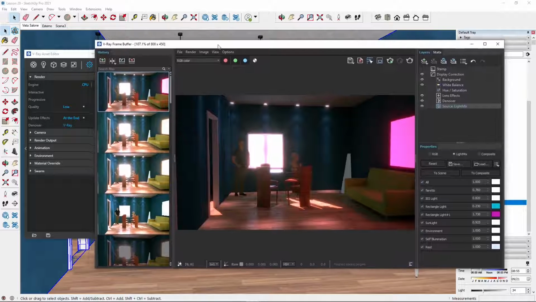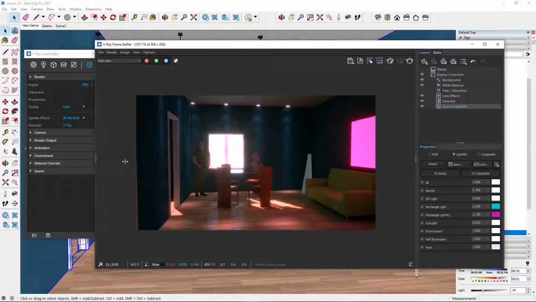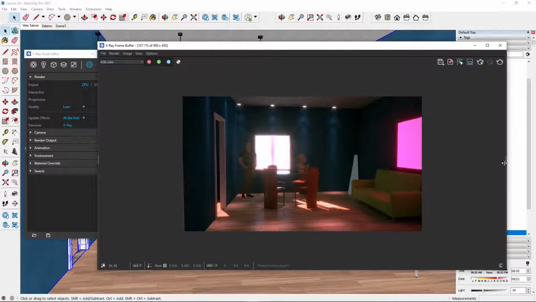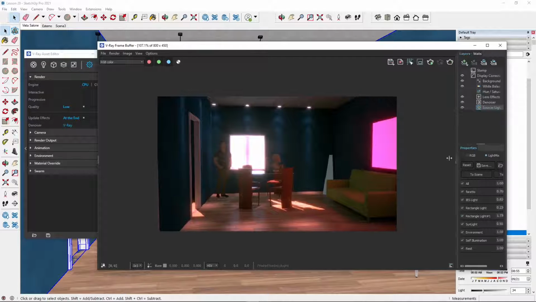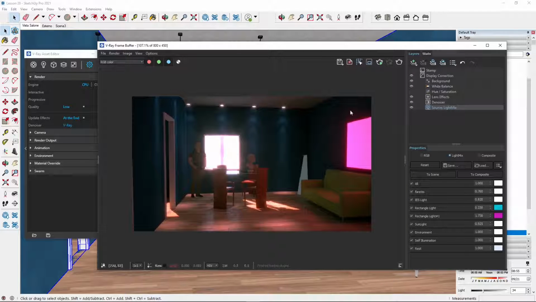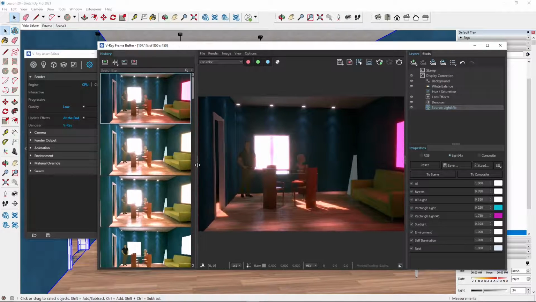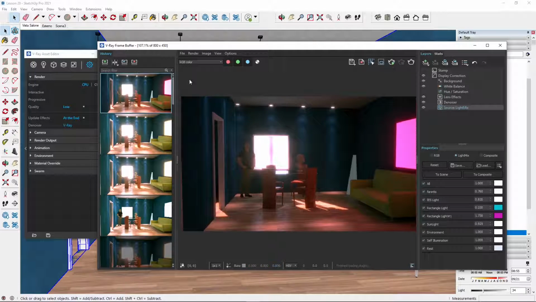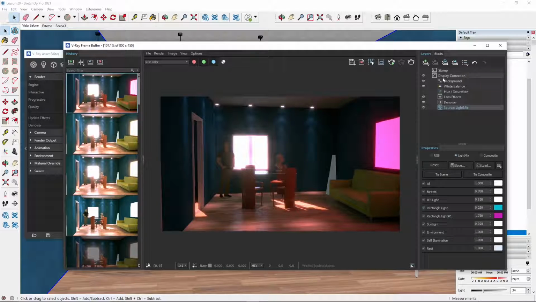So basically, the VRAY frame buffer is divided in three parts. We have the left panel here, the right panel, and then the middle panel. And this is the one that is more classic and standard in VRAY. But in the latest version here, we have some changes happening in the right side and in the left side here. We have the history and we have the layers. And we have also another excellent tool, which is called the Lightmix. Now we need to set up everything here, so we're gonna see that from the beginning in just a minute,